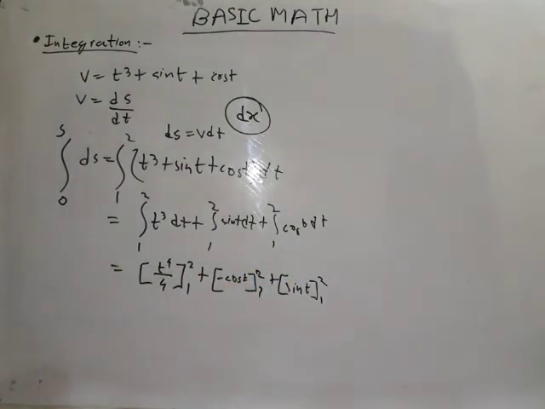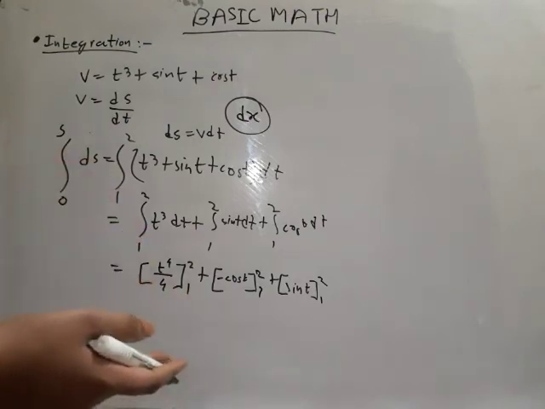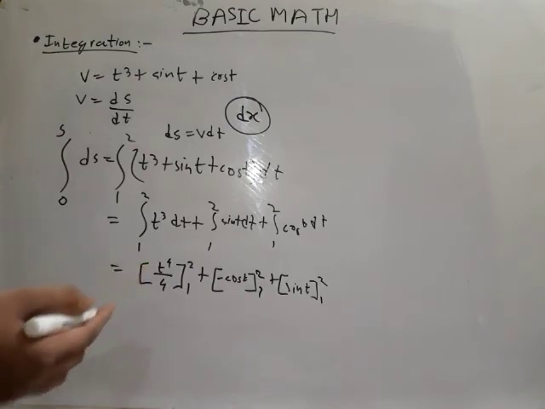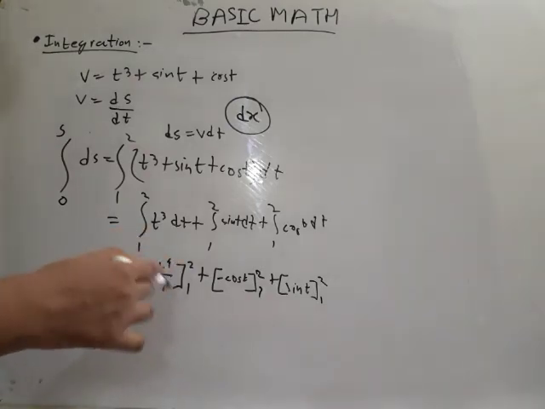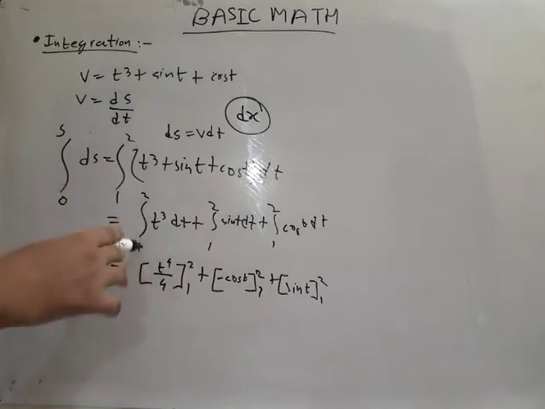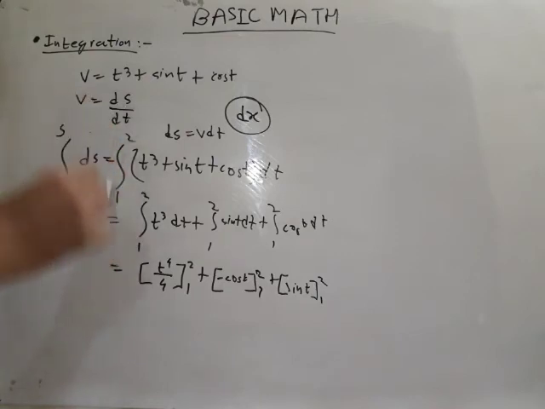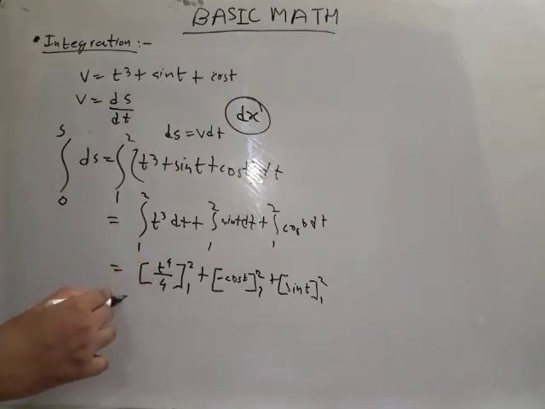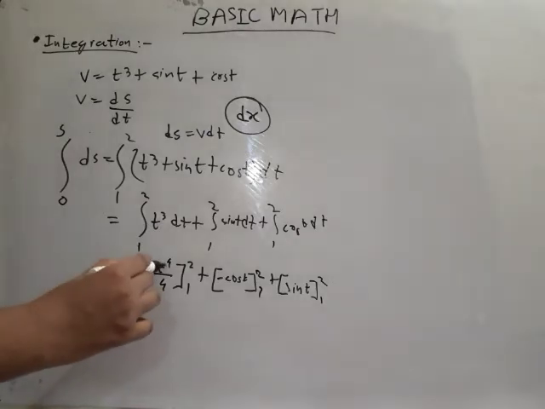Now you may have the question, why am I not writing c in this case? Because as I told you before, displacement initially was something and finally something plus extra. Something is not required here, because we will subtract this. This is actually called definite integration. Definite integration means we have been given a lower limit and an upper limit, and we have to see the difference which comes in the function between these two. So we first put the upper limit minus lower limit.